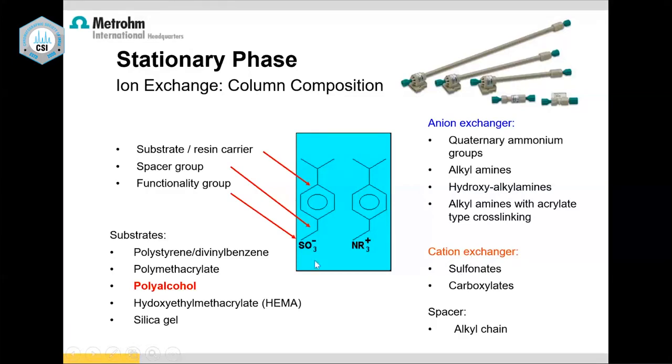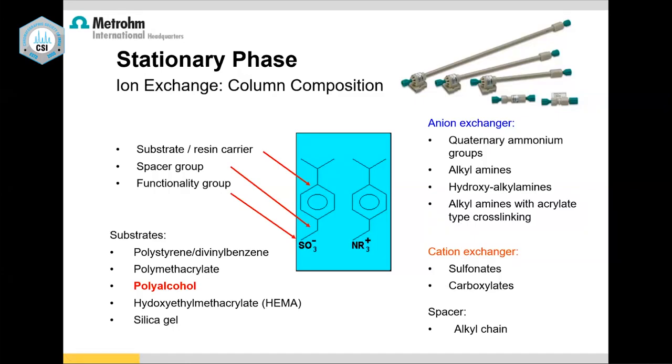So it is having an opposite charge. This is what is going to play a role in retaining and releasing my cations. Similarly, for anions, we have NR3 plus, or quaternary ammonium groups, or trimethylamine, alkylamine or hydroxyalkylamine groups. This is what is going to be responsible for holding your anions and releasing them. This is what makes the column ionic in nature. There are several manufacturing processes involved in these columns, but let us not go into it. This is the general concept that my column should be charged, should be ionic in nature.